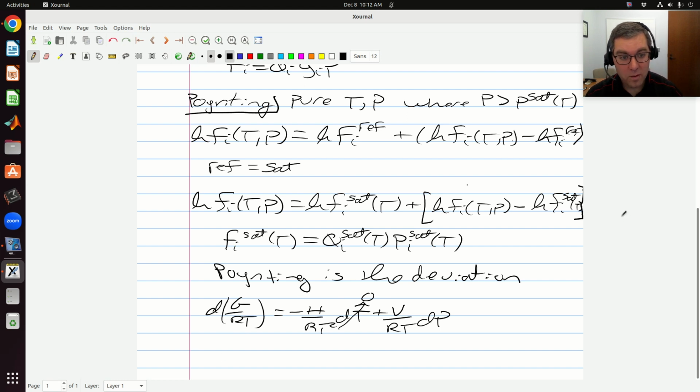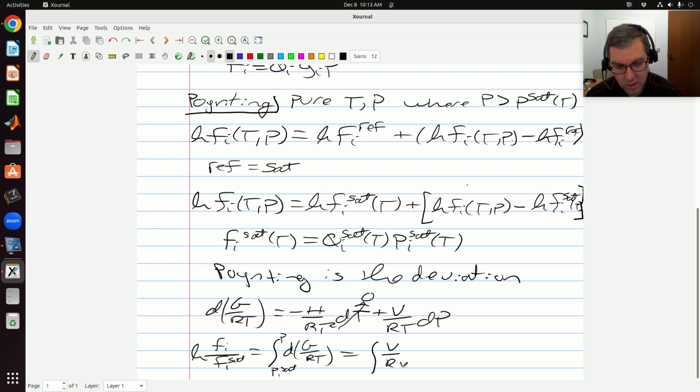Okay, cool. So how I get my Poynting correction is log fi minus log fi sat. So log fi relative to fi sat would be the integral of the differential of G over RT. I'll write it as from Pi sat, the pressure equal to the saturation pressure of my pure component I, to my pressure of interest, and that's going to be equal to the integral of V over RT dP, from Pi sat